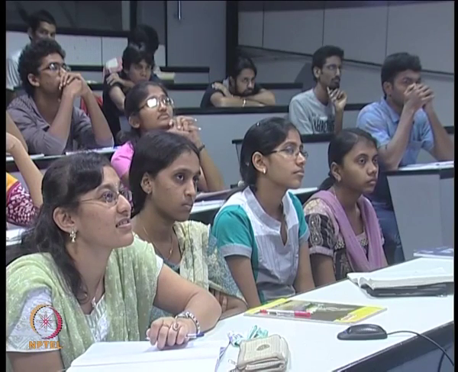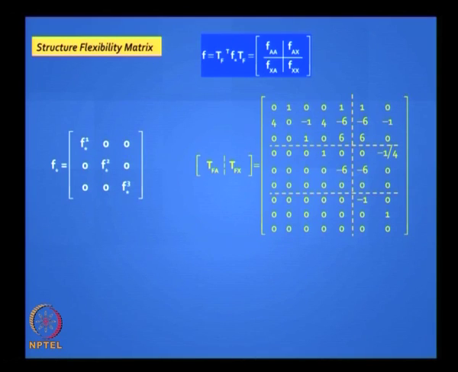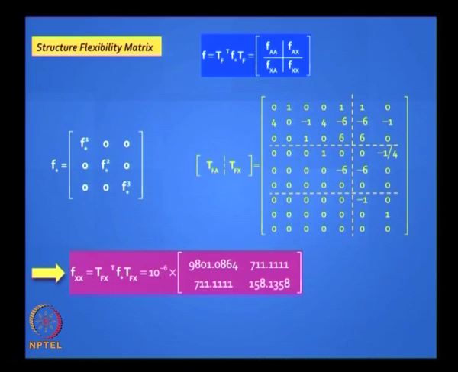Generate the structure flexibility matrix. You have the unassembled flexibility matrix by putting them in a diagonal form. You have the TFA matrix, you do that product, you will get Fxx, it is a 2 by 2 matrix which you can generate. Please note, when you actually do it